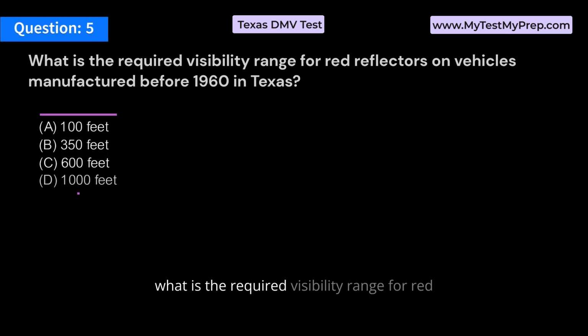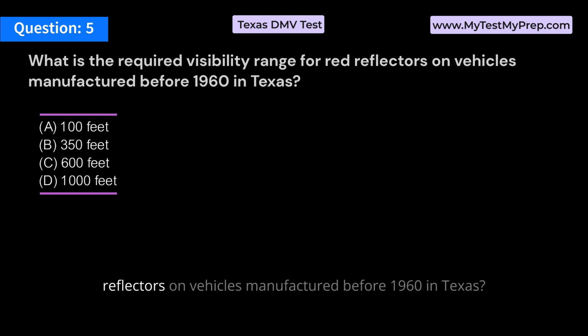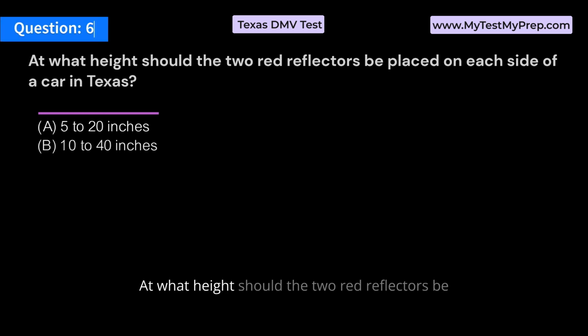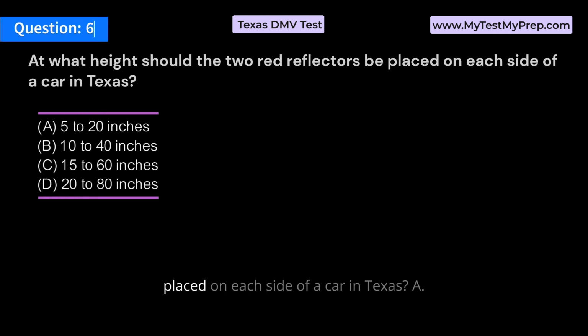What is the required visibility range for red reflectors on vehicles manufactured before 1960 in Texas? A. 100 feet. B. 350 feet. C. 600 feet. D. 1,000 feet. Answer, B. 350 feet. At what height should the two red reflectors be placed on each side of a car